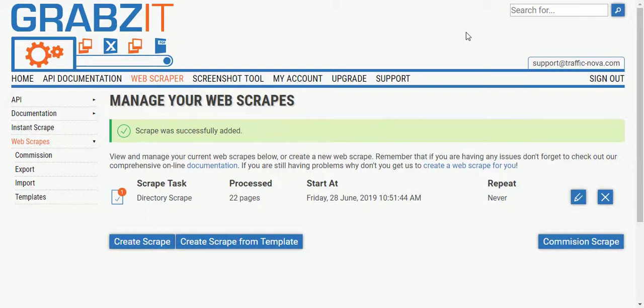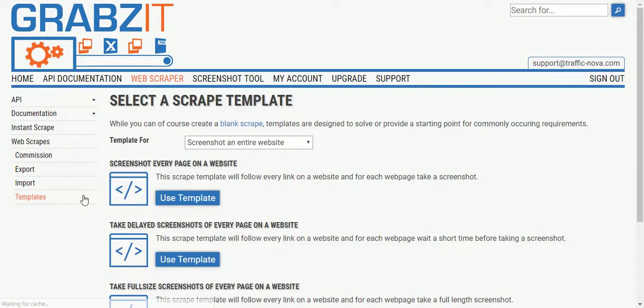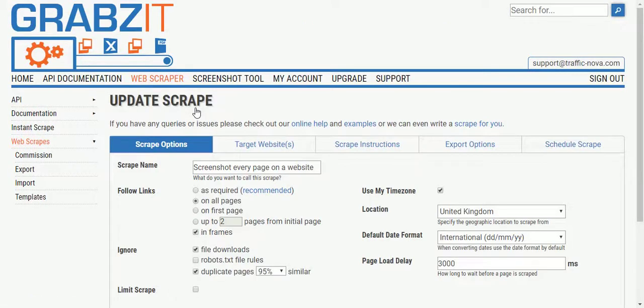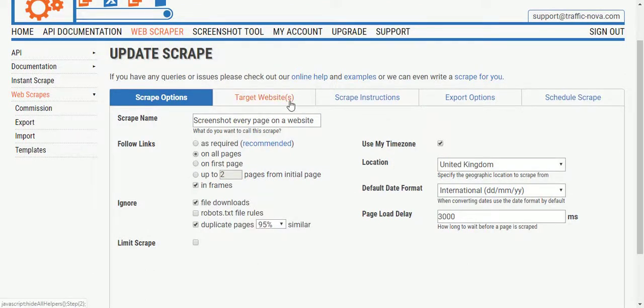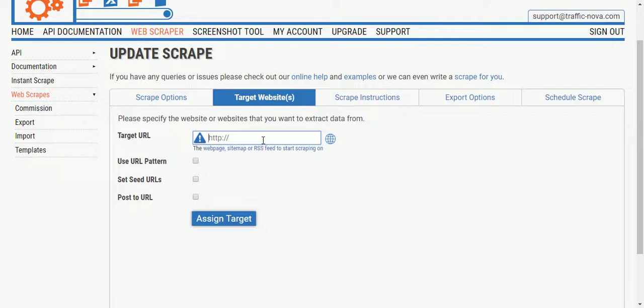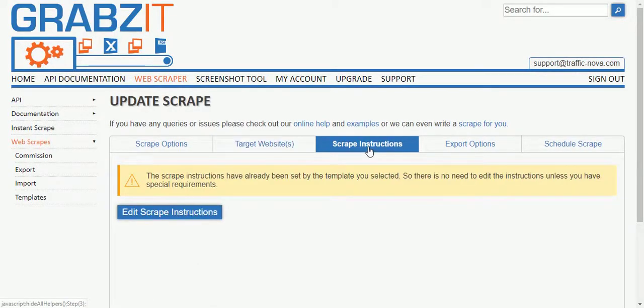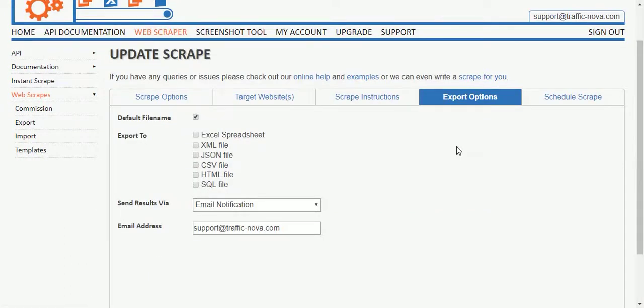If all of that seems too much for you, you can always use one of our pre-made templates. Just select the templates in the menu option, go through the different categories, choosing what you want. All of the options are pre-filled. You just need to enter the website you want to capture. You'll now find that the scrape instructions have been pre-filled for you. You can now select some options in the export options, or just use the default, and then schedule the scrape